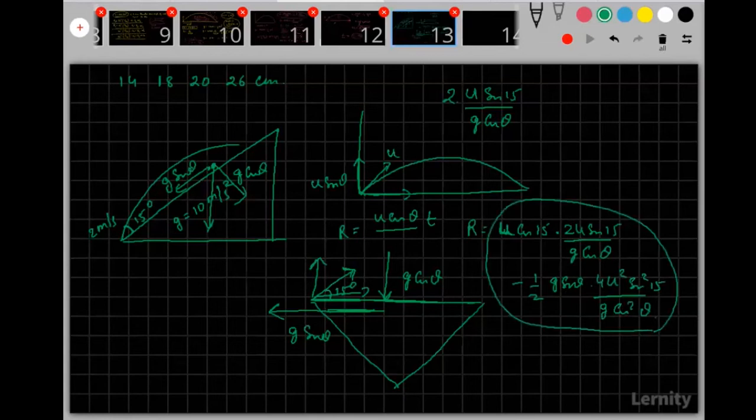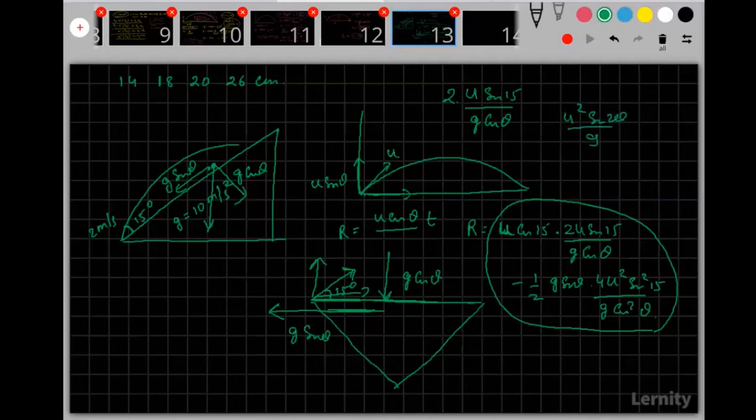There is nothing else. Now the only problem for me in doing this question is, how do I know the value for 15 degrees? Theta is equal to 15 degrees means, how do I know the sine and cos? So that is where I will face some kind of a problem, but not impossible. But even before I do this, I'll assume this to be a horizontal projectile and find out the range. So the range will become u squared sine 2 theta by g.